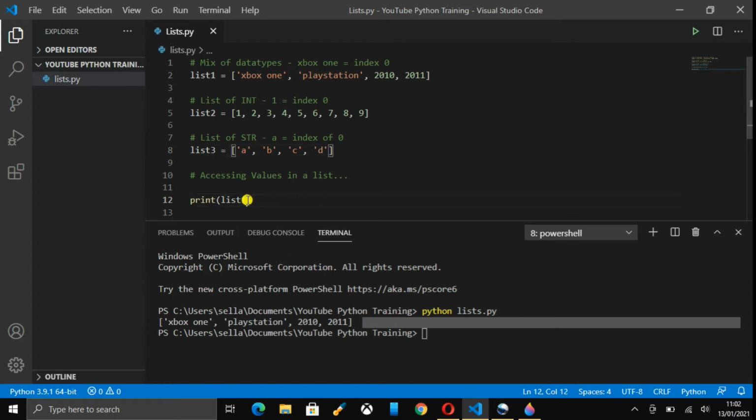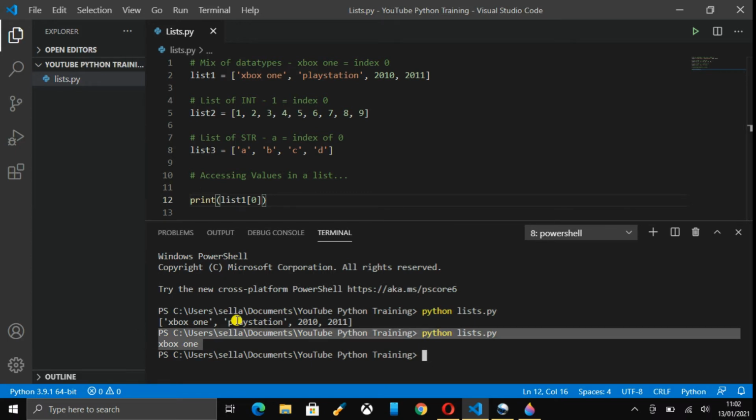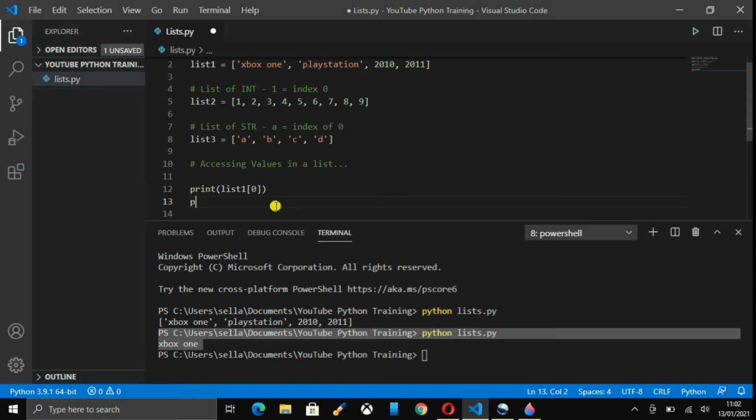Now if we want to access just Xbox One, which is index 0, we put square brackets and we put 0 to access the index. So let's rerun that. Now we only get Xbox One, which is great. So we can do that for print